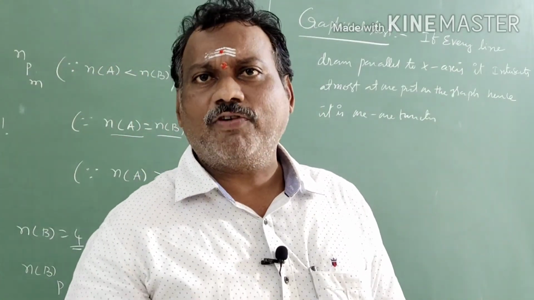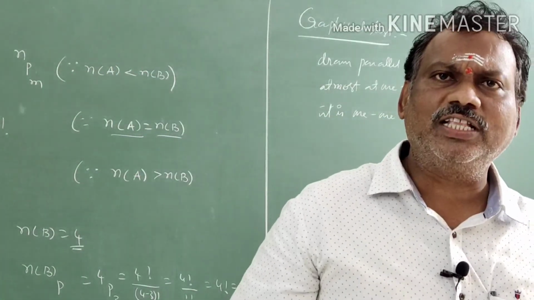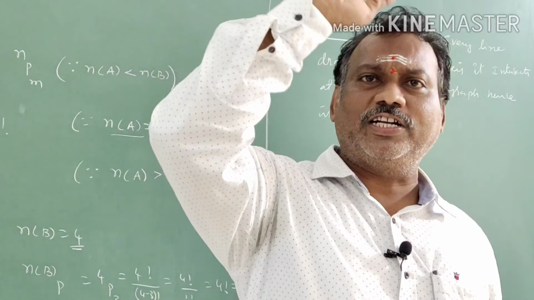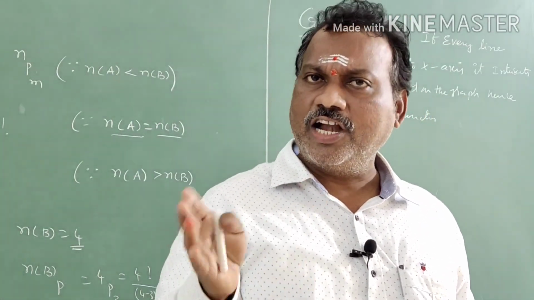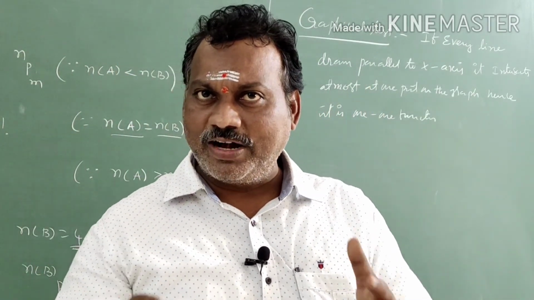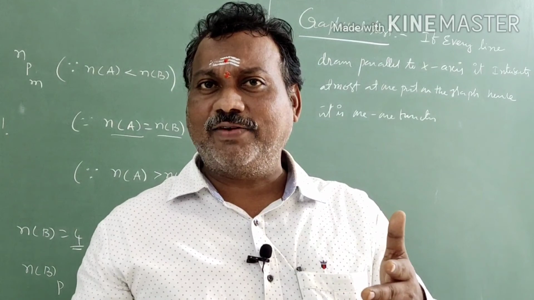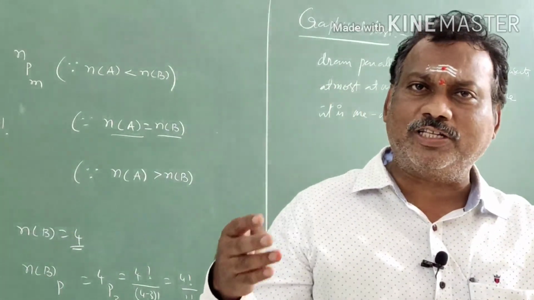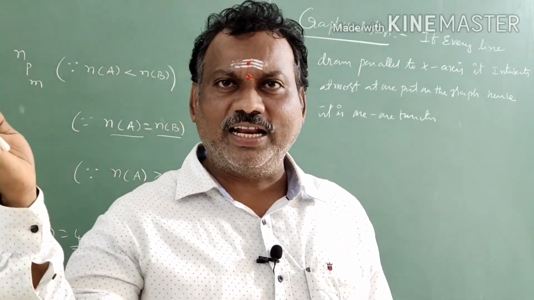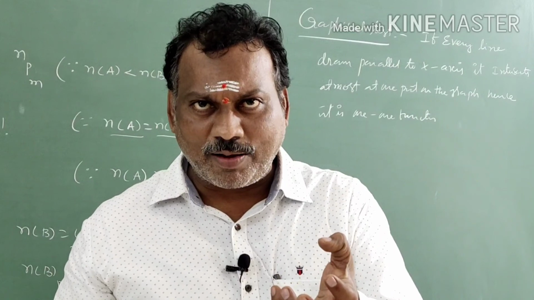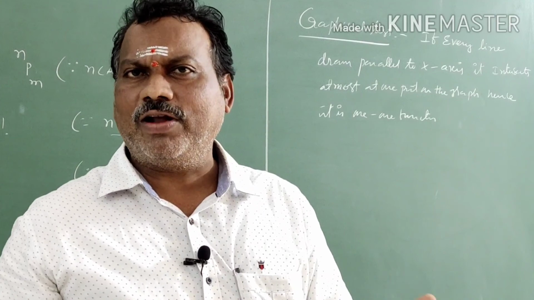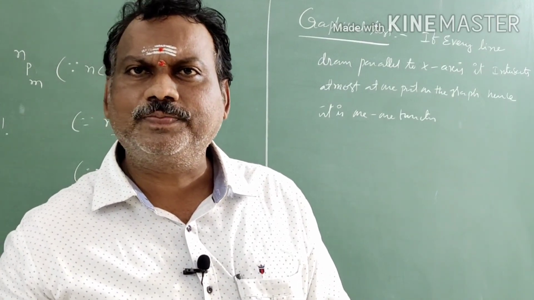Clear, students? Sir, what kind of functions are one-one functions? You see that all linear functions, strictly increasing, strictly decreasing, continuous functions are all one-one. A function that is continuous and strictly increasing or strictly decreasing is one-one. We will discuss strictly increasing and strictly decreasing functions in the topic maxima and minima in the second PU. At that time I will explain in detail. Such kinds of problems are all one-one functions only. Understood, students? Right.